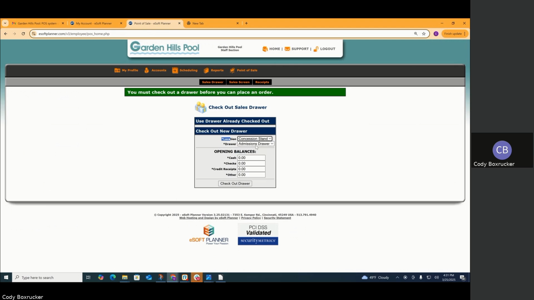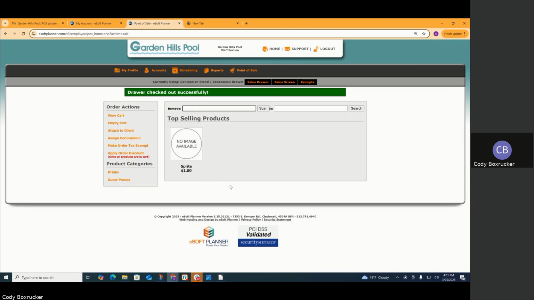All right, so if I do concession drawer, let's say that you guys start the day with $50 in change in your cash box every day or whatever your default amount is. And then we can go ahead and check out the drawer to start the day. As we get closer to the summer, more products will populate in here. But right now, you're just going to see your top selling products displayed on this screen. So this will be your top 6 to 8 selling products just to make it nice and easy for you guys